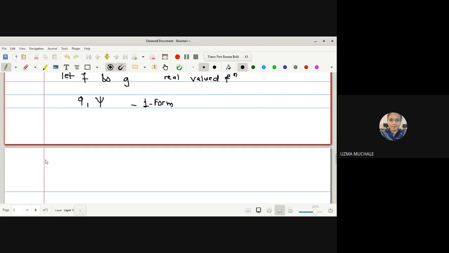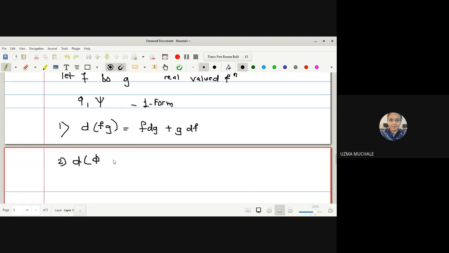Then what is our aim to find out? The first one, we have to prove the property that d(fg), that is the product of f and g, and we are finding the d, that is the exterior derivative. So if you see, this is very similar to our derivative. In derivative, what do we do? First f as it is, derivative of g, and g as it is, derivative of f. Product rule evaluate किया, right? So that's why it is called exterior derivative, wedge product or exterior derivative.